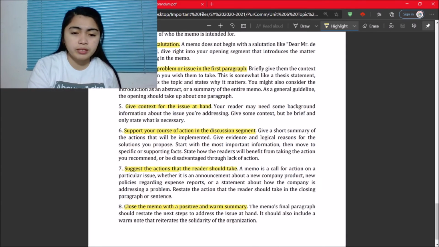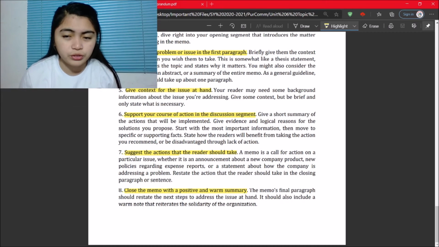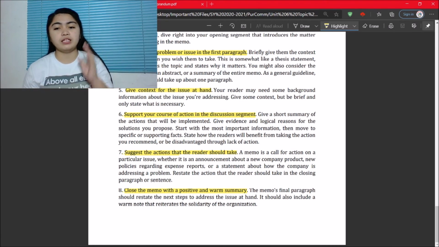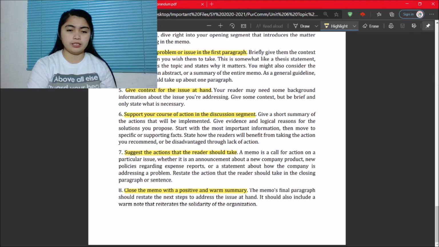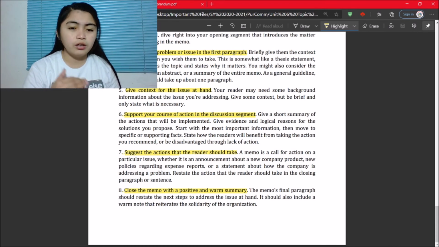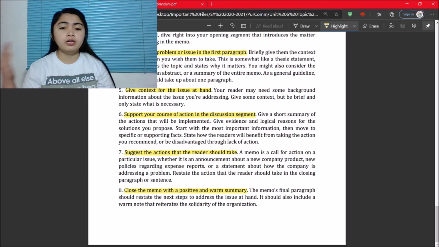Parang ganun. Next, number 6, support your course of action in the discussion segment. So give a short summary of the actions that will be implemented and give evidence and logical reasons for the solution you propose. Next, suggest the actions that the reader should take. So a memo is a call for action on a particular issue, whether it is an announcement about a new company product or new policies regarding expense reports.